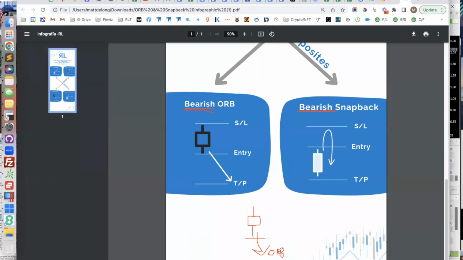Or do you want to wait for a move higher first and a kind of reversal, with a stop loss up here, that's an SL, use your imagination, with an entry here and then a take profit target right down here. And so what I want you guys to think about, we're going to look at the actual examples, but either way,